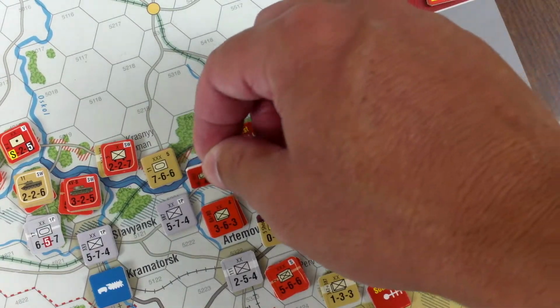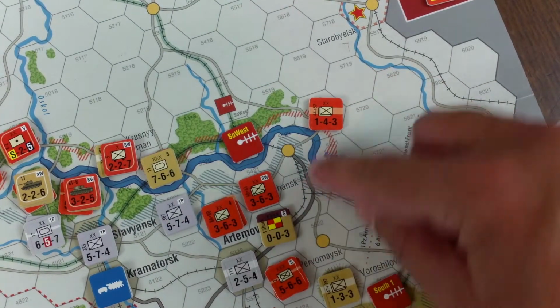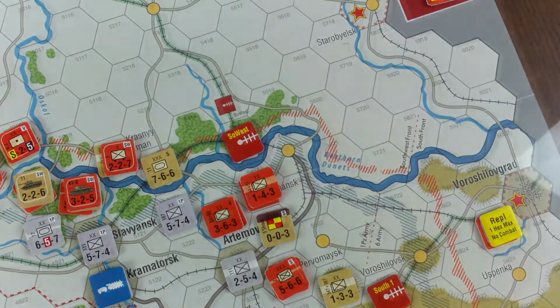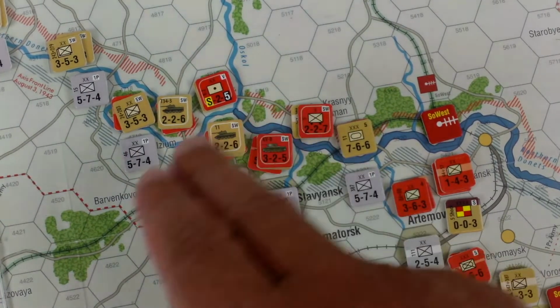Well, I guess we'll just come in here. You know what? I want him here to replace the loss that happened in there next turn. So we'll just bring this guy in here too. Alright, this guy. Now, if I was playing an actual opponent, I would have saved this for last in the